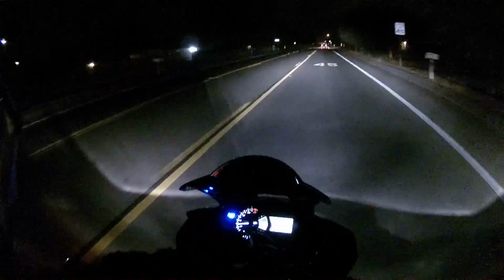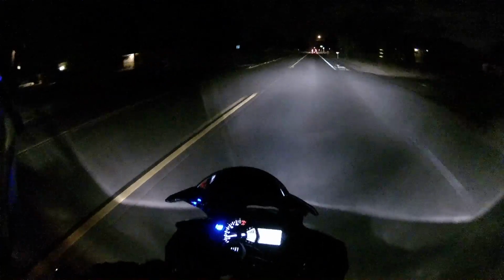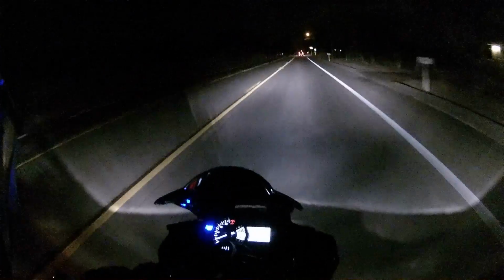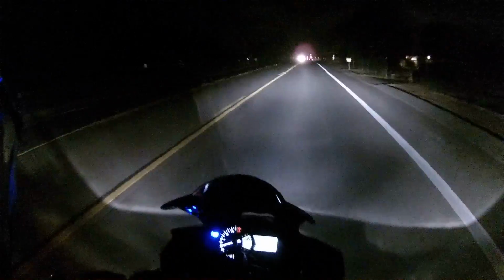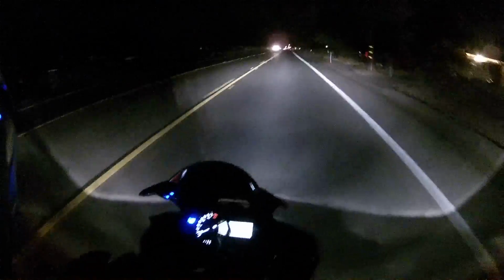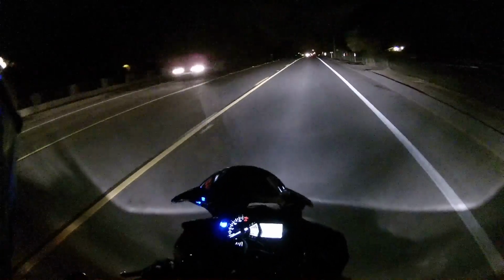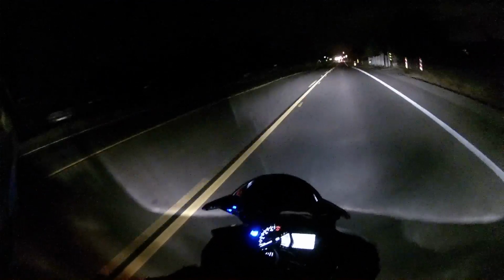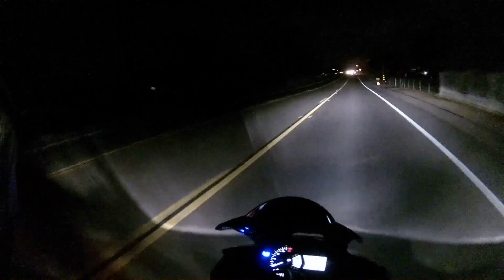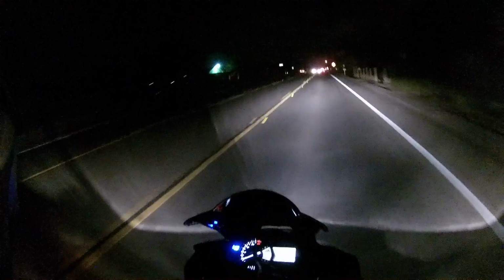Unfortunately, you guys obviously can't tell, but it definitely smelled like pot at that accident, and I don't know if that was a neighboring house or if there was pot involved and the guy was not under the correct influence when he was driving. I don't know. I'm not going to place any blame on anybody, obviously. I don't know who was at fault, what happened. I just came up on it, as you guys saw, after the fact. And I just hope everybody walks away from that one, obviously, with the correct,